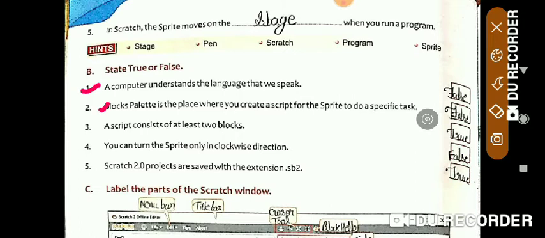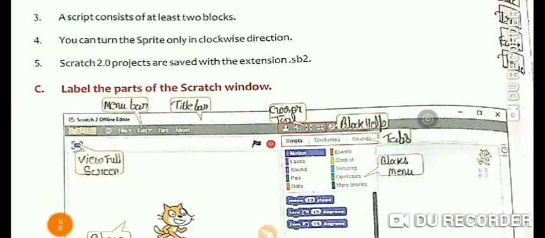Number 2, block palette is the place where you create a script for the sprite to do a specific task, false. Next one, a script consists of at least 2 blocks, true. Next one, you can turn the sprite only in clockwise direction. False. Next one, Scratch 2.0 projects are saved with the extension .sb2. True. Clear? Students, now come to the next topic.